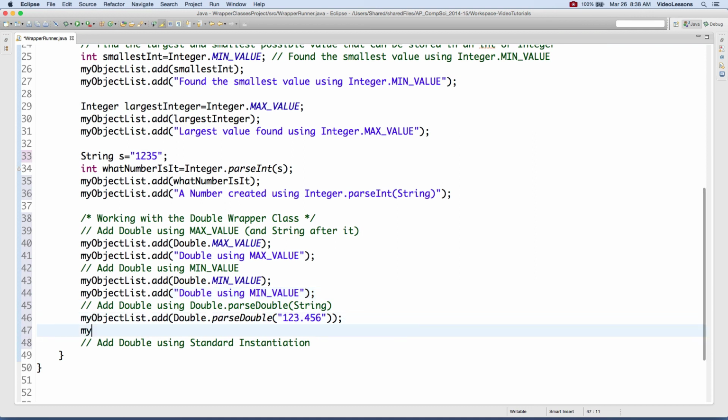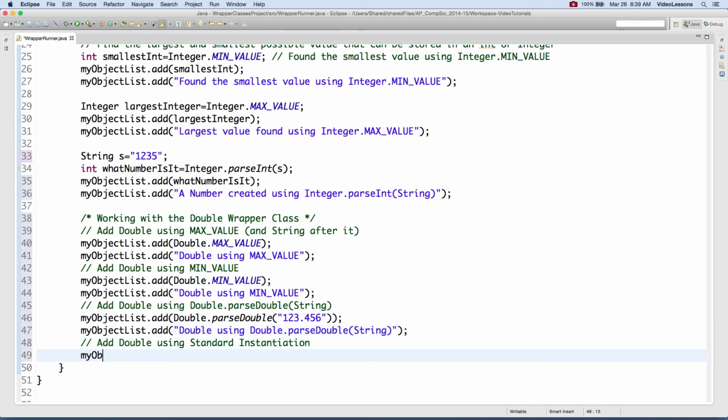And we want a string to go with that. Okay, so we'll go ahead and capture that comment, make that our string. All right, and that brings us to our last one, myObjectList.add new Double